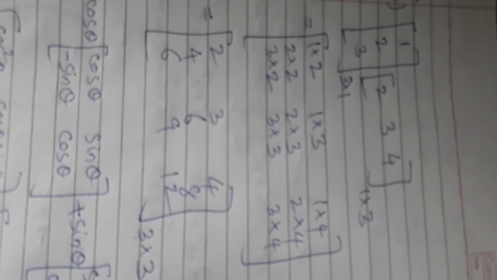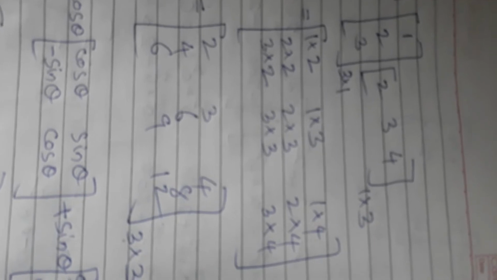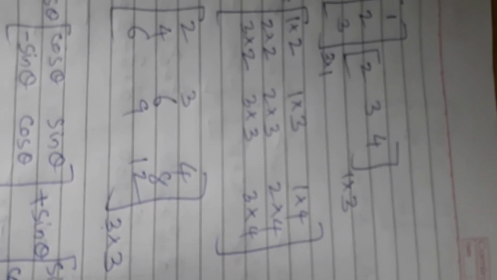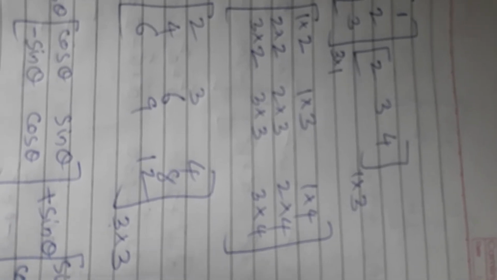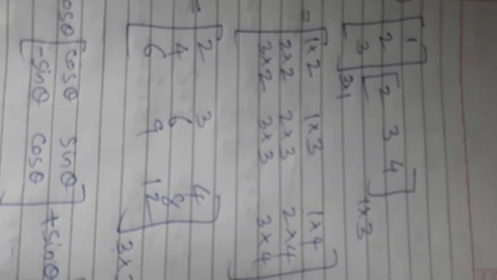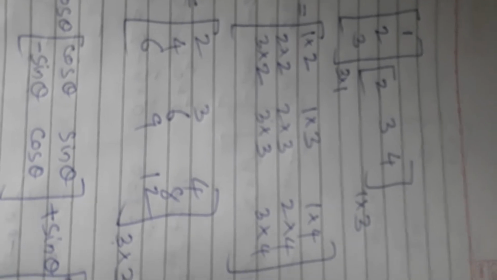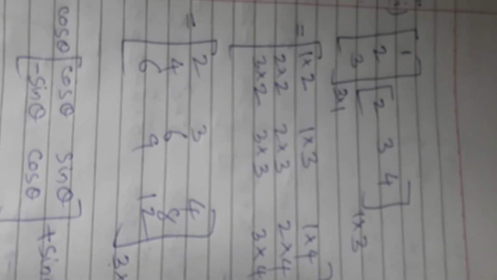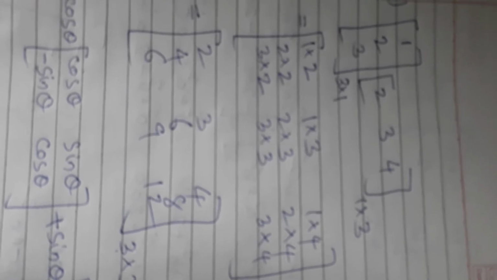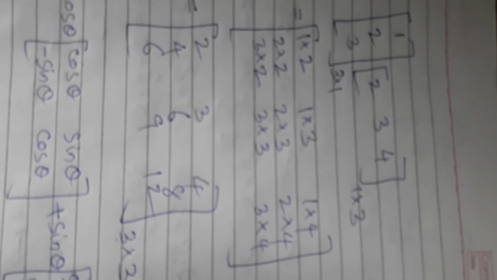Now you can have a look at this, and you can also practice it. The next one that we are going to proceed with is the third example of exercise 3.2, where there are some other 5 problems. You can go for multiplication. You can try it yourself, and if you don't get it, you can message me so I can solve this. And the answers for that you can look at the back of the book.